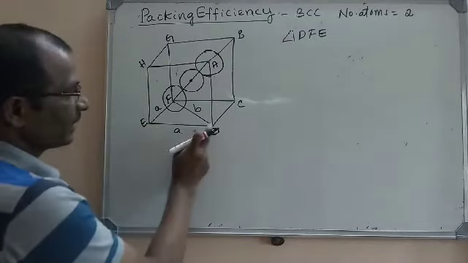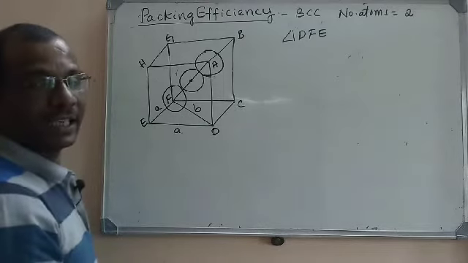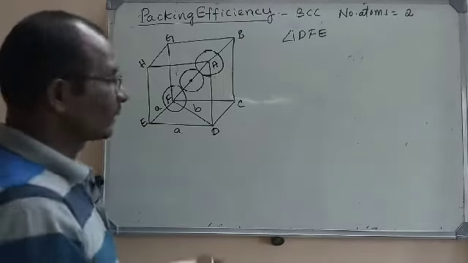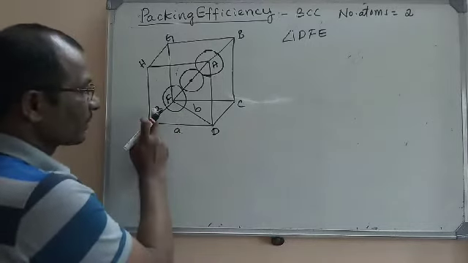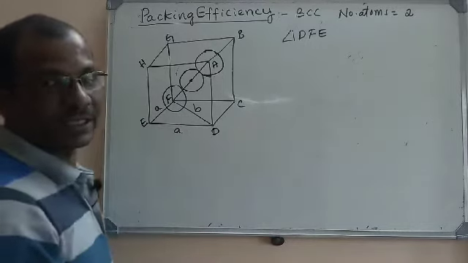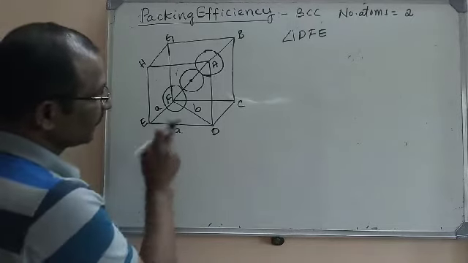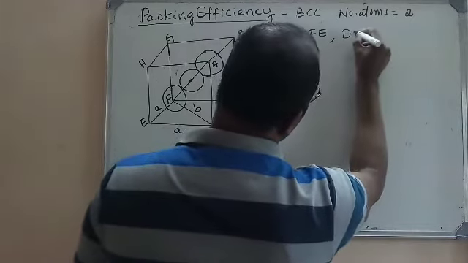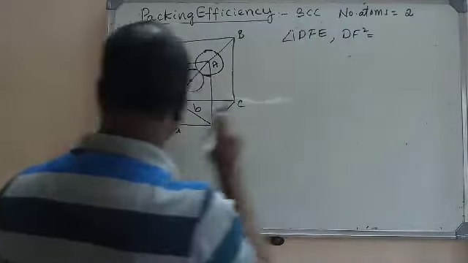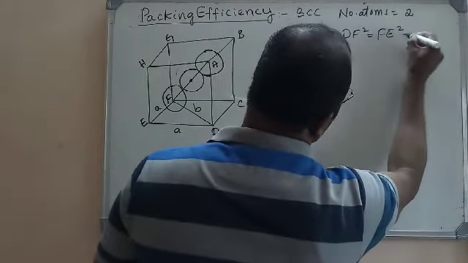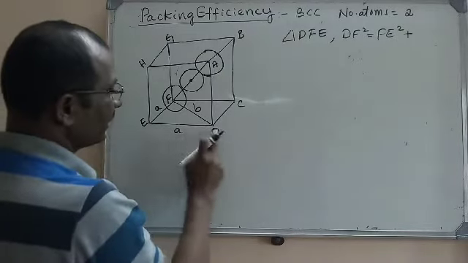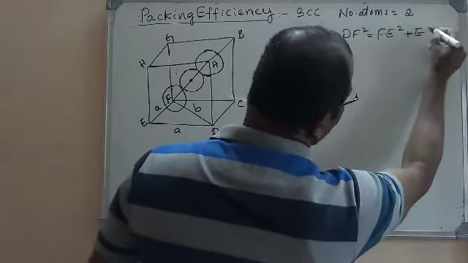It is a right angle triangle. In a right angle triangle, what do we know? The square of the hypotenuse is equal to the sum of the squares of the adjacent sides. So here DF square is equal to EF square, or FE square, plus, what is this side? ED square. So I have applied the